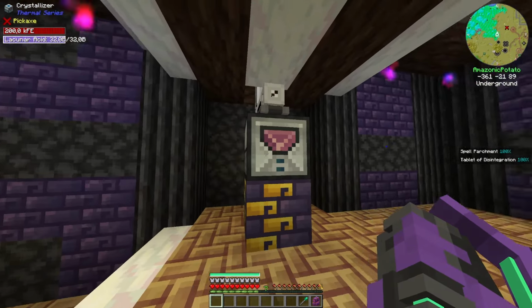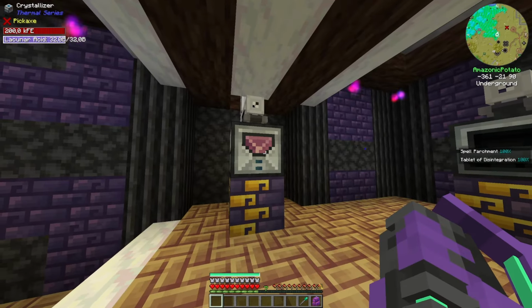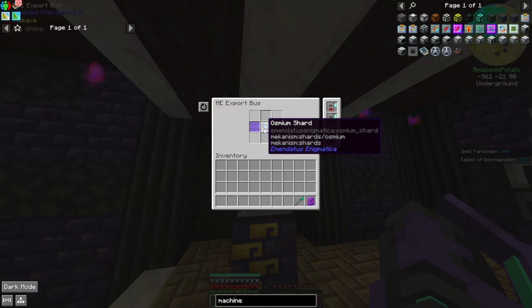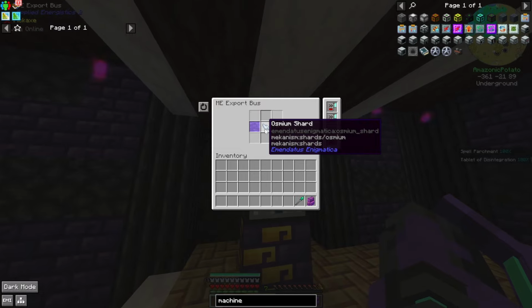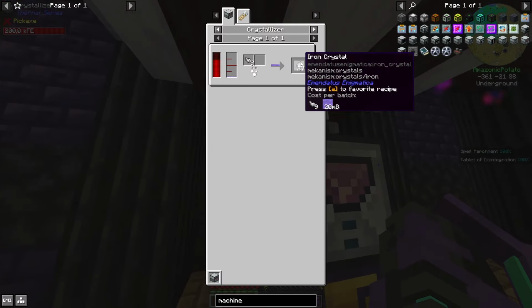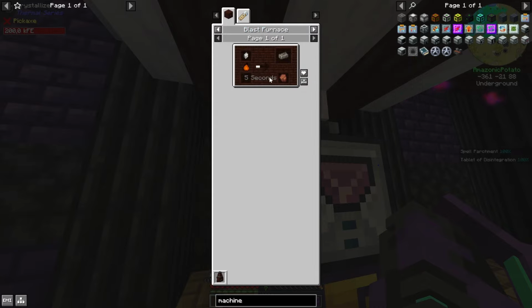But I don't think you need to crystallize all of the ores you're processing. In my case, I'm only crystallizing osmium and iron. Osmium because this is the only way of tripling, in this case, tripling the amount of osmium you get from one osmium clump. And iron shards because whenever you turn them into crystals,